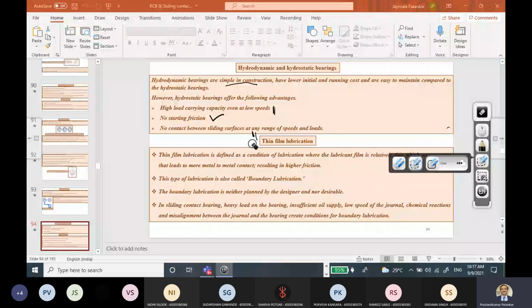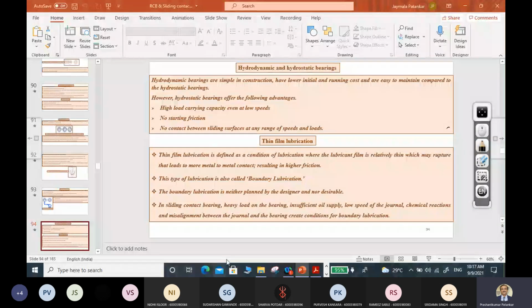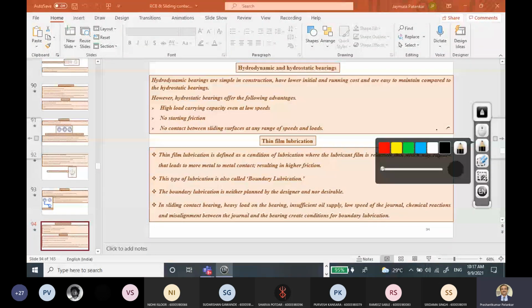In case of your hydrostatic bearing, there will not be any direct metal to metal contact between the surface of the shaft and the surface of your bush. I hope I am clear. And as I told you, I think yesterday also we talked about that. As far as the hydrodynamic bearing is concerned,